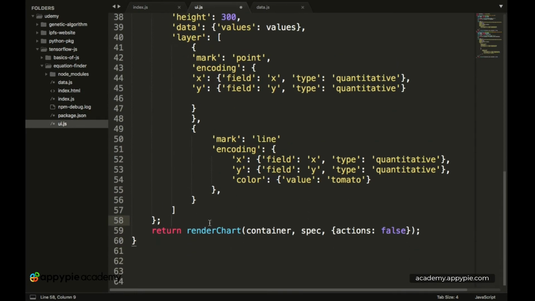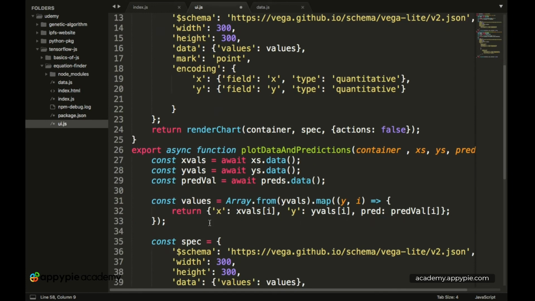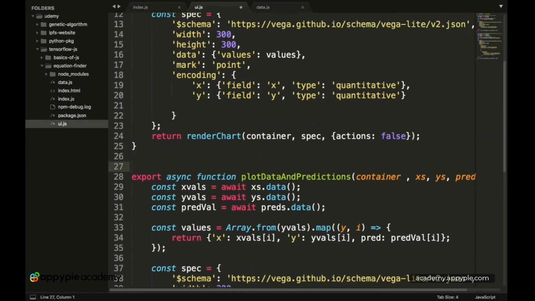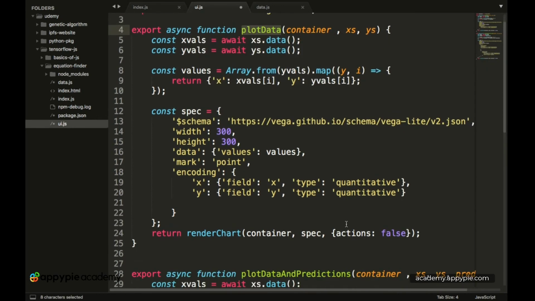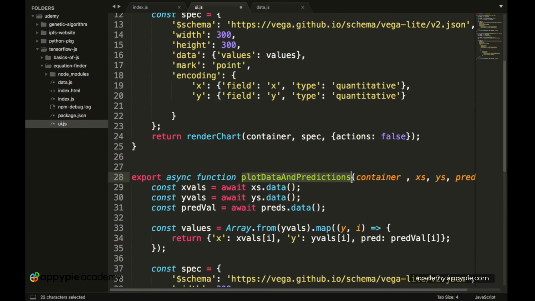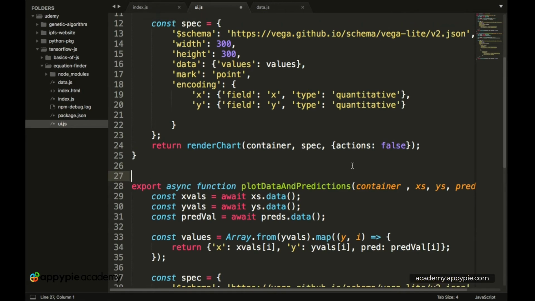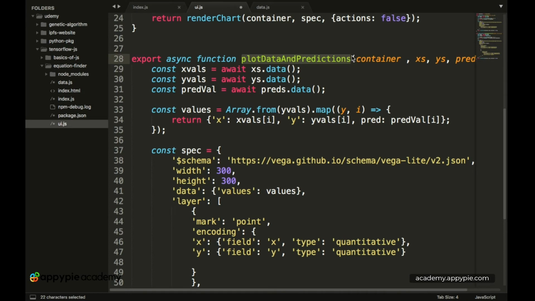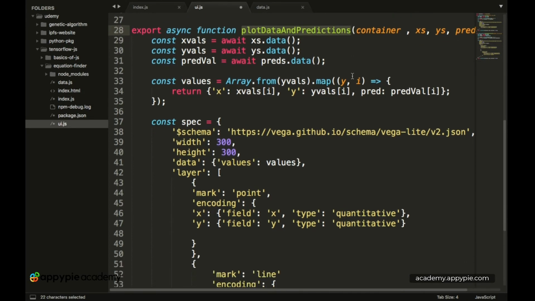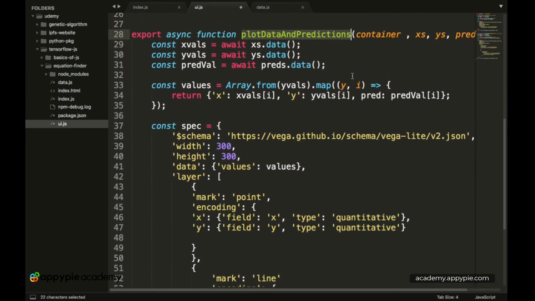Okay, so now with this we have basically completed the implementation of two methods. The first one is the plot data method, where we plot the initial points, and the second one is the plot data and prediction method, where we plot the points and a particular line which is based on our prediction. So we'll call this method two times, where we'll first display the line created by the random coefficients, and then we'll call it again, where we'll display the line created by the trained coefficients. This is just so that we can make sense of the visual output.